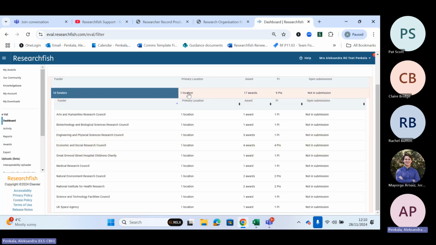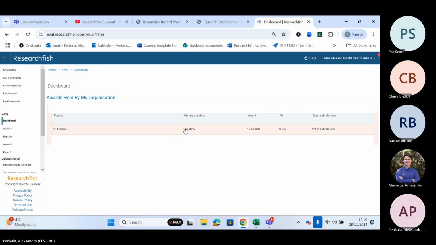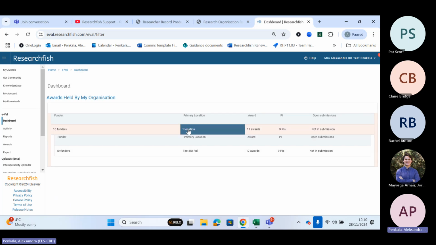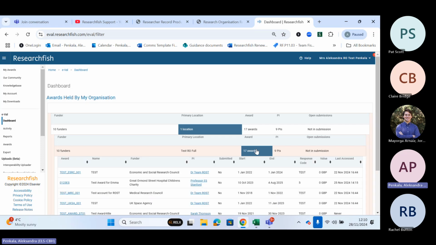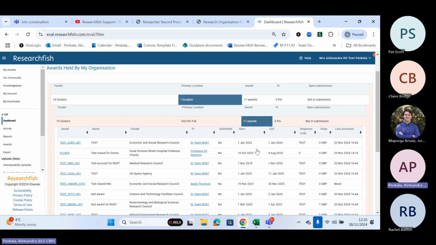If I click on location, then I will see my test account, which is again a mock account for the test and webinar presentations. If I click on the awards, we can see that we have 17 awards, and we can see here